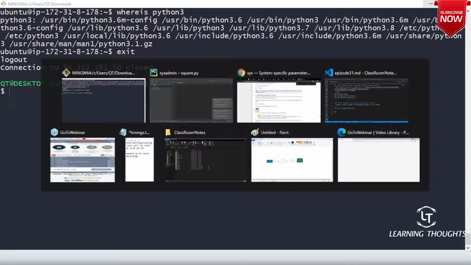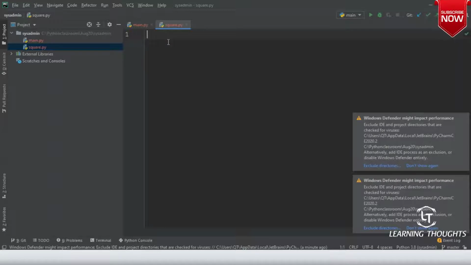try to write #!/usr/bin/env python, especially on the Linux flavors.